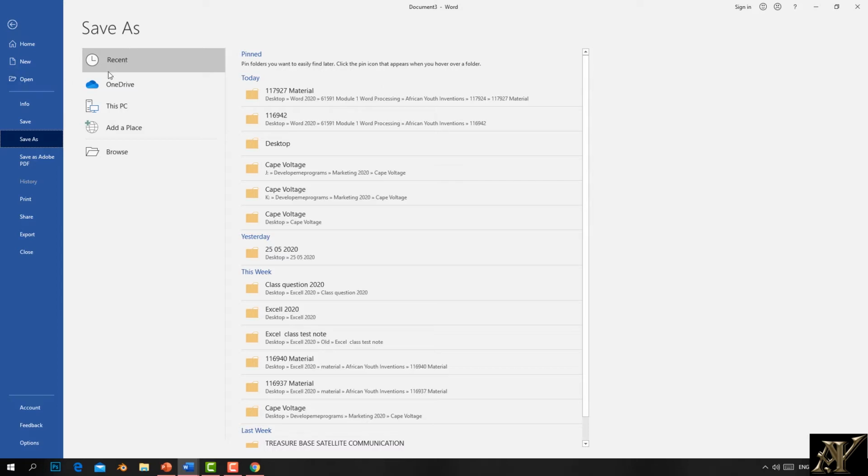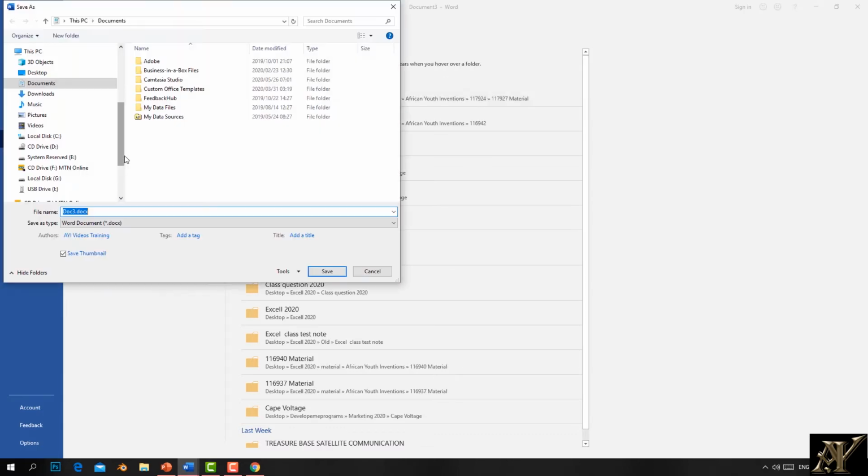You're going to open any recent, but now in this case, you are saving. So you will choose, are you going to save on OneDrive online, because you go to storage, or are you going to save in this PC or different places or Browse. Now mostly This PC and Browse play the same role. Sometimes here you can view the folder that you created. So what I'll do now is go to Browse, look for my document, and give it a name, Class